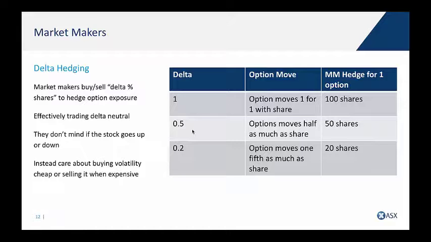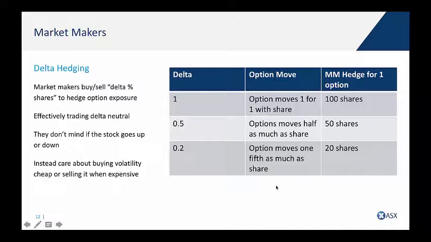So if I short sold 100 shares in a delta 1 option, I'm actually hedging myself against a fall in the market for that particular option. Whereas if it's an at the money option, I know it will only move half as much. So the market maker's way to hedge their risk of buying a 0.5 delta option, or an at the money option, will be to sell 50 shares instead. And as you can see, as the delta falls, it would reduce the amount of shares that they would sell